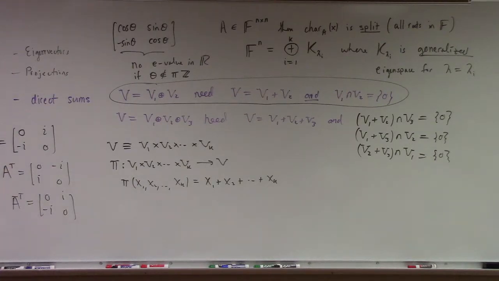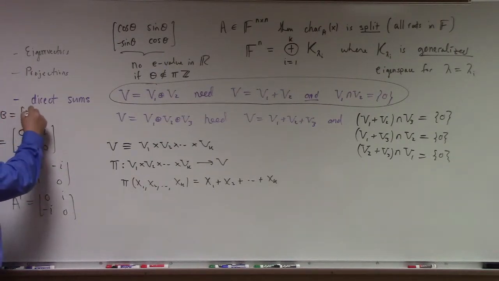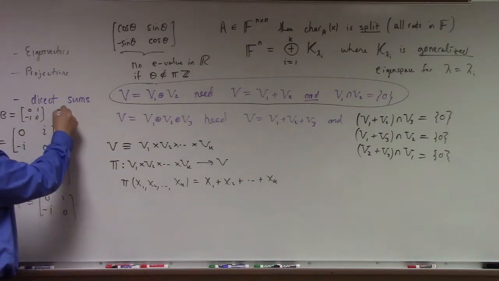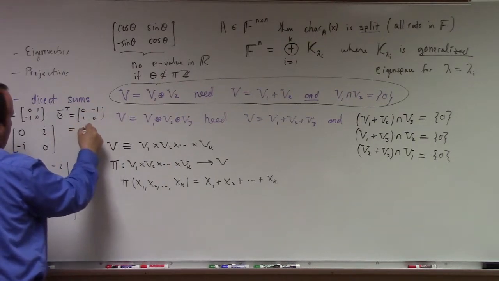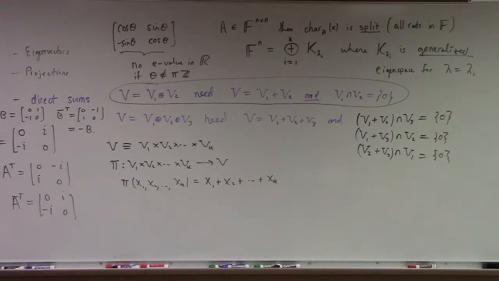My example is just plain old Hermitian. In other words, this matrix is self-adjoint. If a matrix is equal to its conjugate transpose, it's said to be self-adjoint, or Hermitian is a synonym for that. If I wanted a skew Hermitian, I think if I just multiply this by i, if I look at B equals 0, 1, minus 1, 0, then B conjugate transpose is 0, minus 1, 1, 0, which is minus B, right? So there you go. That's skew Hermitian.